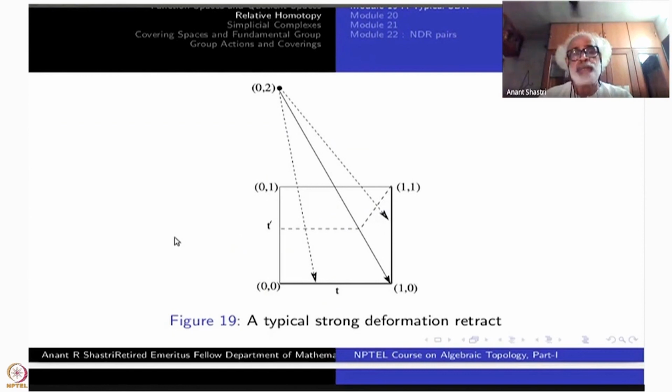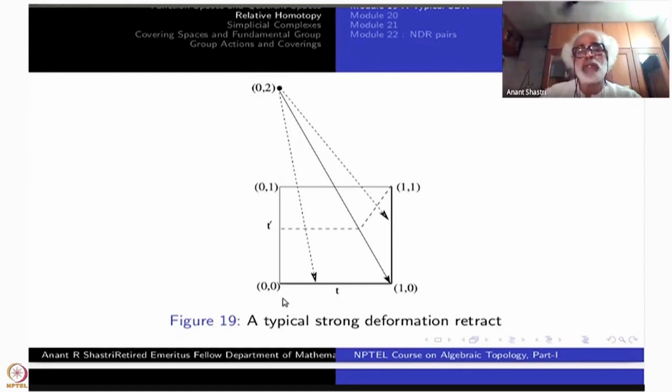What do you get? You will get minus 1 cross I here, minus 1 to plus 1 the interval here, and 1 cross I here as a subspace of minus 1 plus 1 cross I. And it will be a strong deformation retract. There is no need to write down another proof here, right?